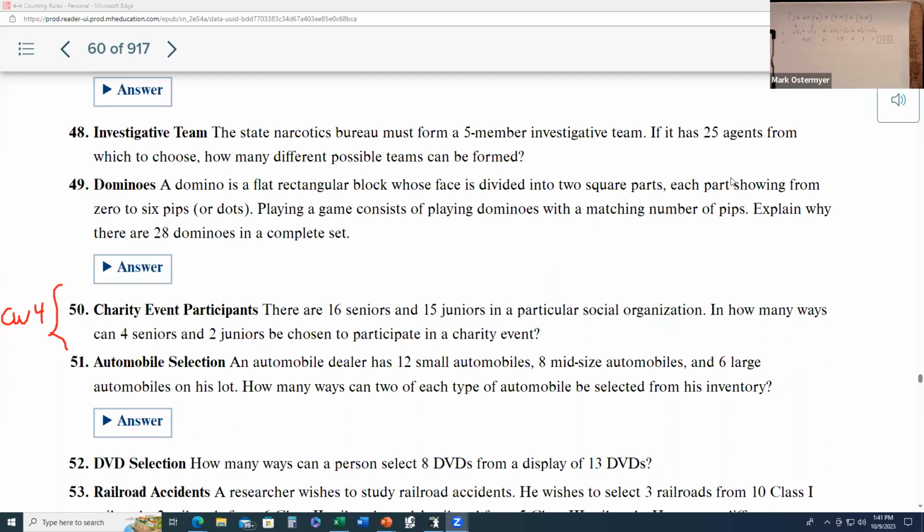We have 16 seniors, 15 juniors in a particular social organization, and how many different ways can 4 seniors and 2 juniors be chosen to participate in a charity event? And it does not appear that order matters here in how we select these juniors and seniors. There's no mention of any office, like president or vice president or treasurer, that they'll hold if they're selected in a specific order. So we're not going to assume that order matters here, so we're talking about combinations. So for number 50,